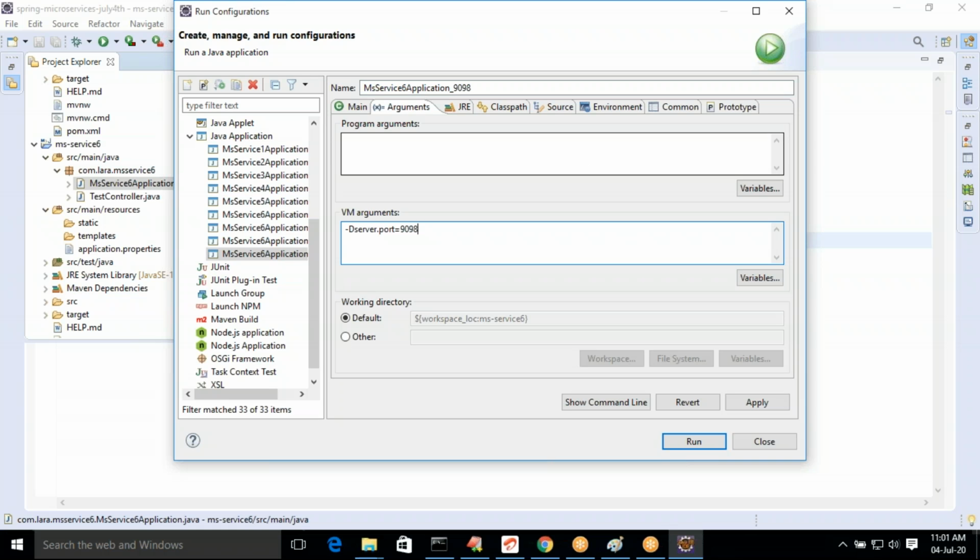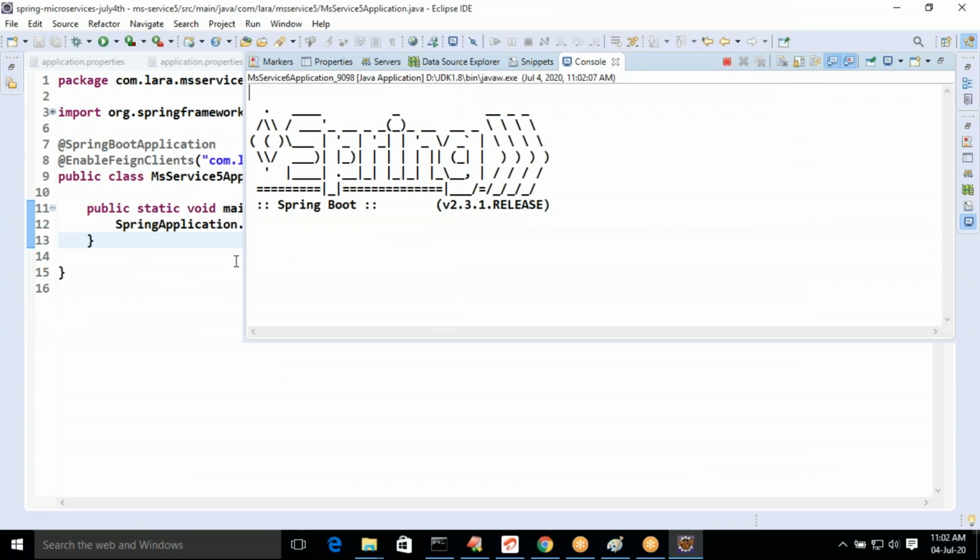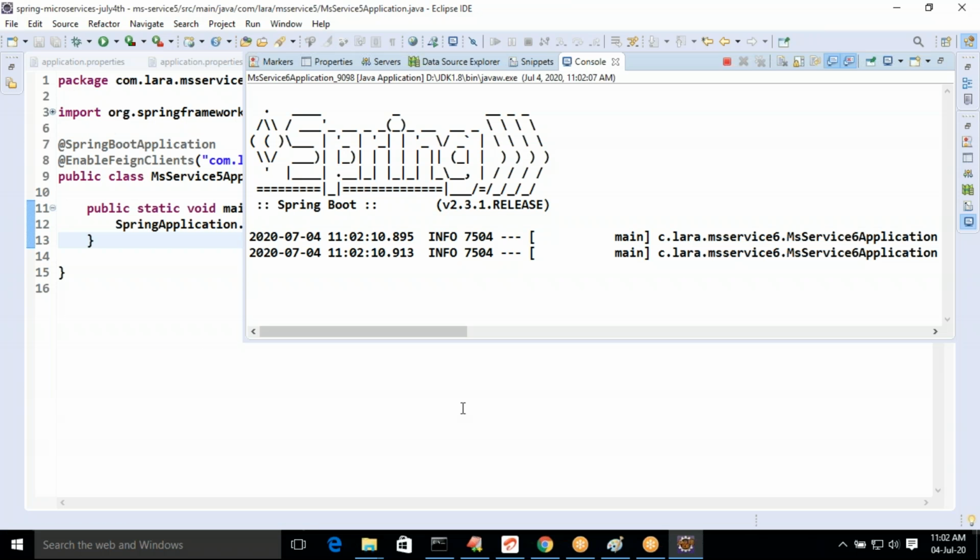Use hyphen capital D server dot port is equal to 9098. One new instance created for the MS Service 6 application.